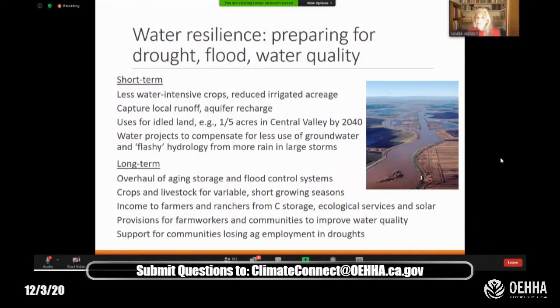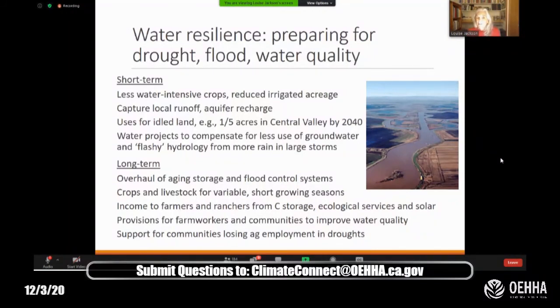One of the drivers for this is the Sustainable Groundwater Management Act, which requires basin recharge by 2040. Along with that are innovative ideas for capturing local runoff in agricultural landscapes and agricultural aquifer recharge. For example, it's being shown that alfalfa is pretty tolerant to temporary flooding that could be conducted when it's not in its highest growth period to recharge the soils beneath it.